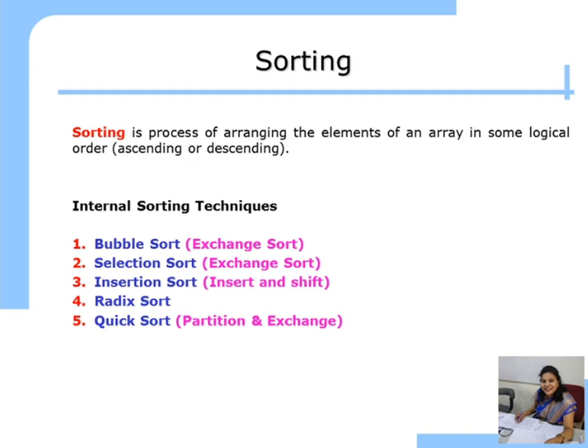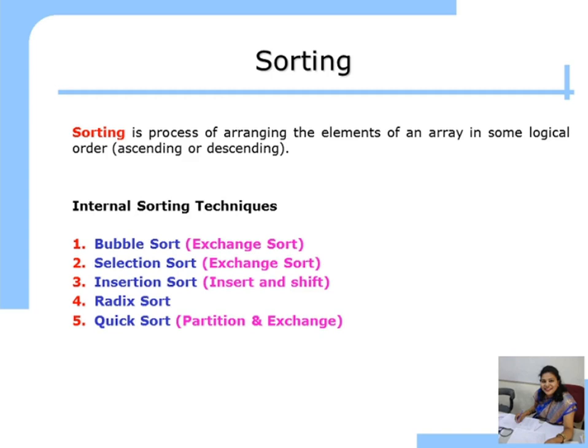The next sorting technique is the insertion sort. It is based on insert and shift operations. It has less time complexity as compared to bubble and selection, but it cannot be used for the large size of array. It is insufficient for the large size of array. Next is radix sort. It has less time complexity as compared to bubble, selection and insertion sort, and it can be easily applied on the large size of array, but it has one disadvantage of space complexity. It requires more space to store the buckets.